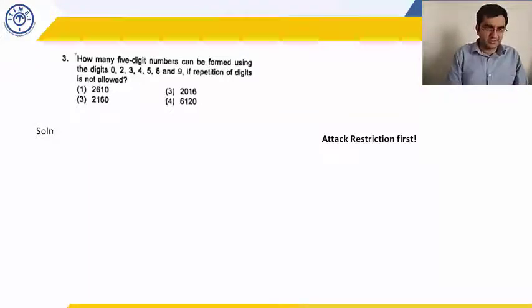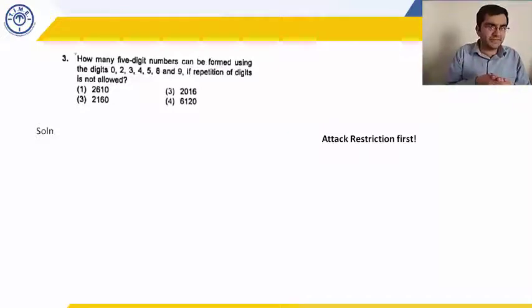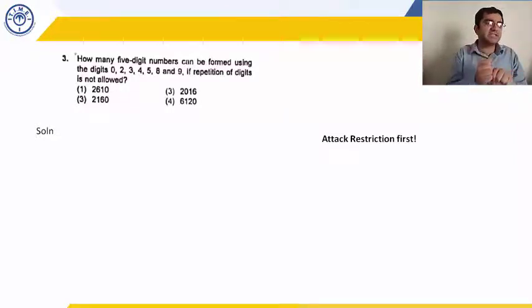Now one digit has been used up over there. You are left with 5 digits and the 0. So now you have a total of 6 digits left. Now the second place can be filled in 6 ways because there is no restriction. First place was filled in 6 ways because 0 cannot be used. Now one digit has been used, 5 digits left and a 0. Now the second place can be filled in 6 ways, any of these 6 digits.